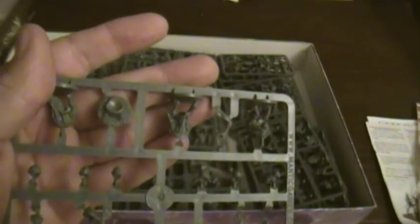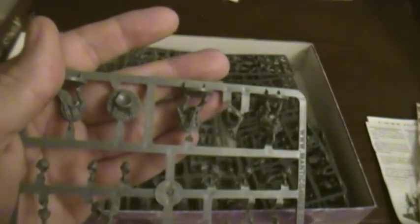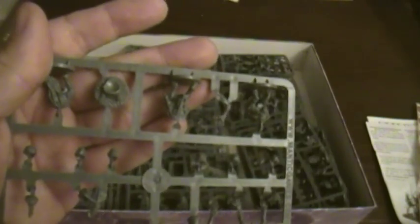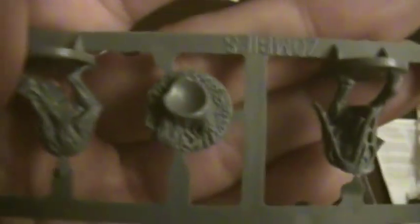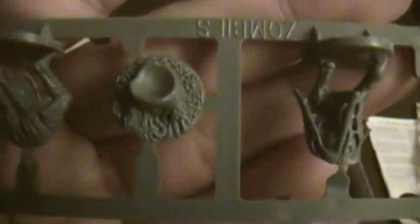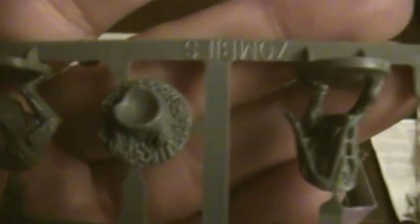What you could do with that circular patch of earth is attach it to a base and then put one of the zombie torsos on this right here, and it would look like the zombie had clawed his way up through the surface of the earth. So if you did that, then you would have a leftover leg part that you hadn't used, and